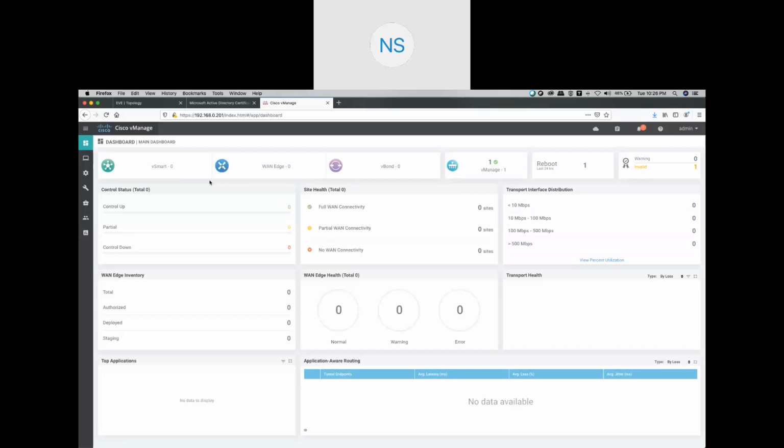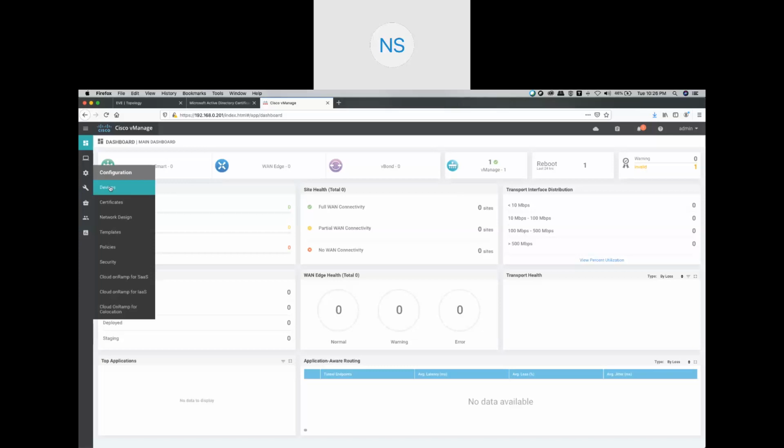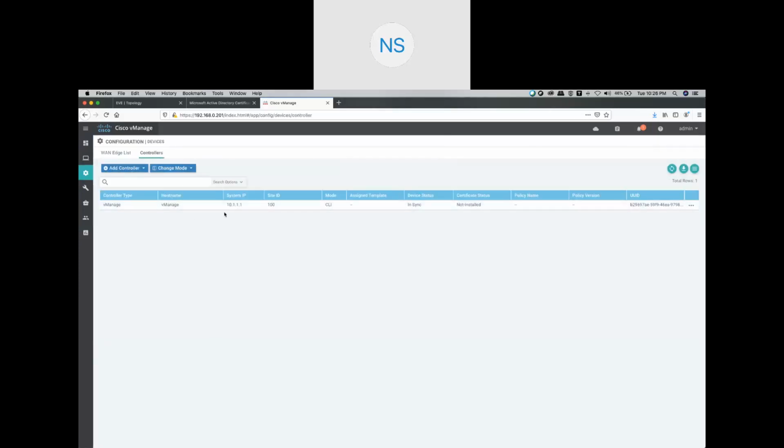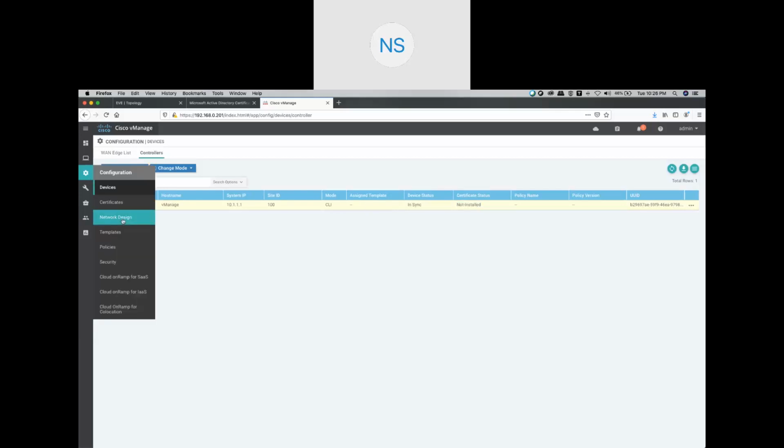So for doing that, we will be going into configuration, devices, controllers. Here I can see my controller and the certificate status is not installed. So for generating and installing the device certificate, I need to generate the device certificate and add into it. Okay, so I will go to certificates,